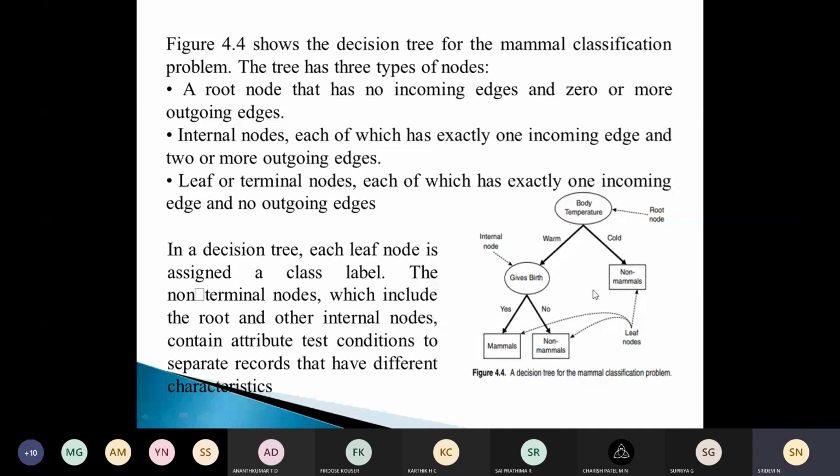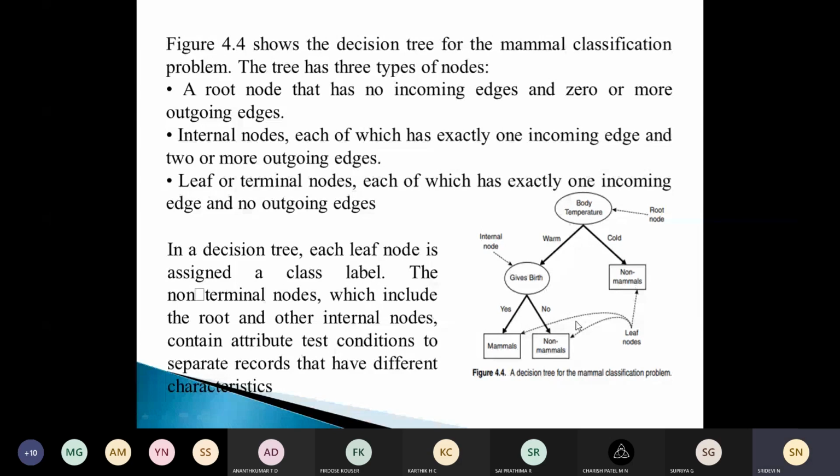Internal nodes will have exactly one incoming edge and 2 or more outgoing edges. It can have 2 or more outgoing edges, but only one incoming edge, right? That depends on the decision taken at the previous level. And finally, we have the leaf or terminal nodes.